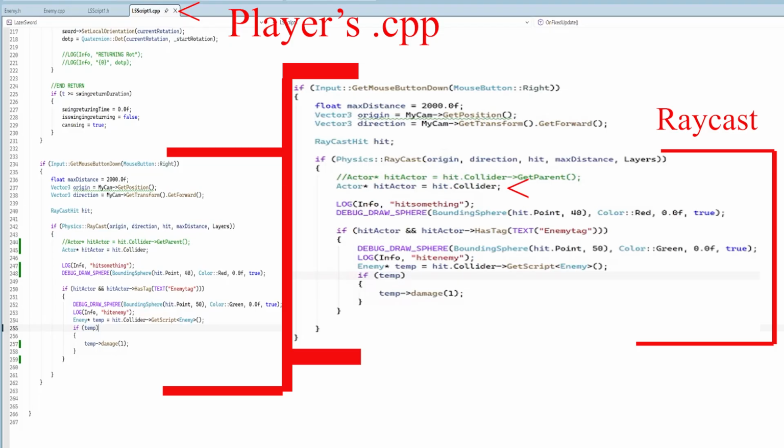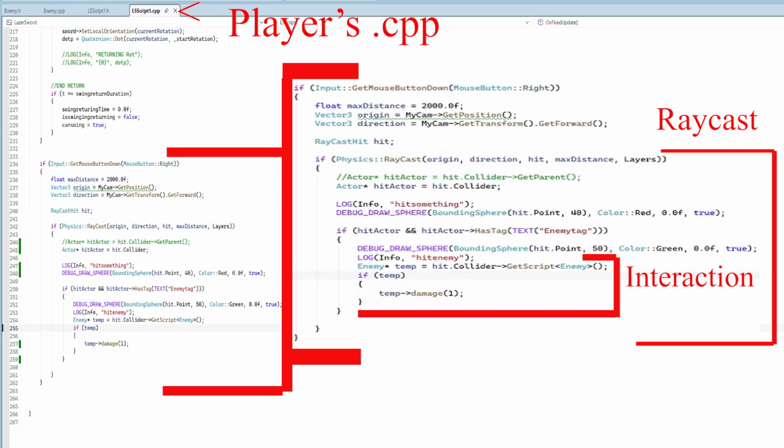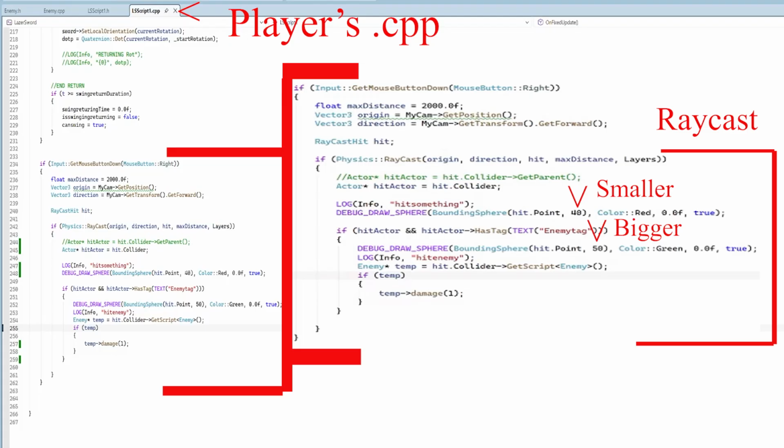Get an actor reference to what you hit. If the collider you intend to hit is a child, get its parent. Debug that you hit something, then check if the hit actor is valid and has the tag you're looking for. Then debug that you hit an enemy and interact with the script by calling the function on it. Also make sure that the hit debug sphere is larger than the no hit debug sphere or you might not